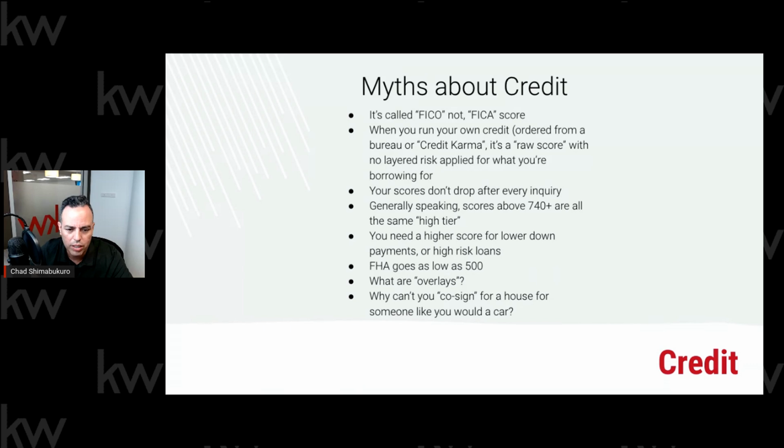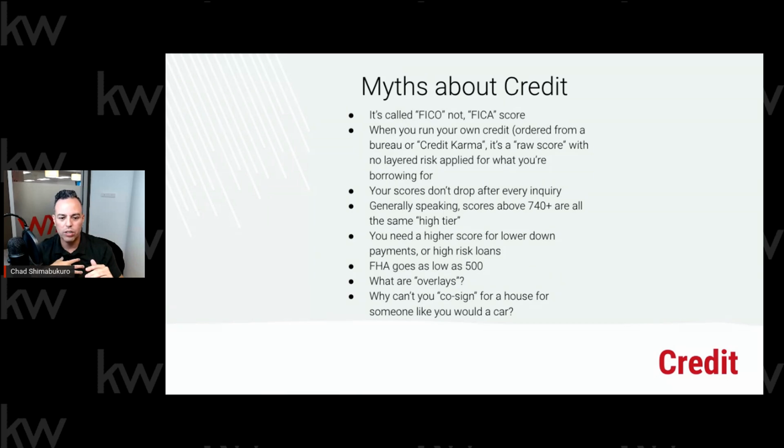So you don't want individuals that are credit challenged. Not to say that good people don't have bad things happen to them and go through different things, but you want to make sure that an individual qualifies and has the ability to repay. Otherwise, you're setting someone up for failure. So that being said, FHA does go as low as, and to my next point, what are overlays? A bank or lender can apply an overlay to say, yes, I know that FHA goes as low as 500, but we as